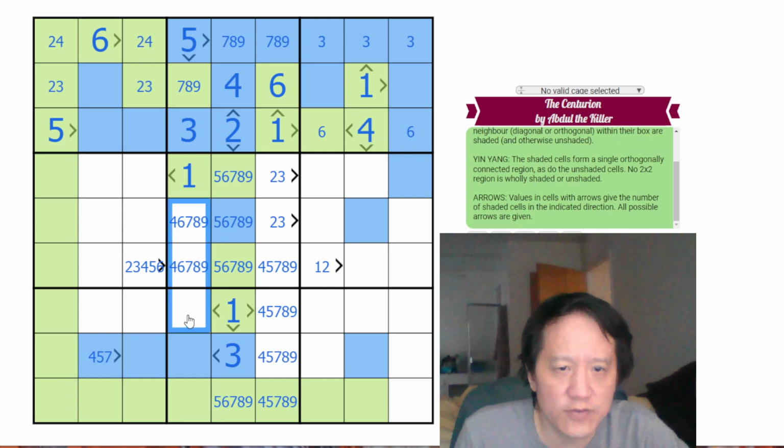I think the rest have to be shaded, right? Yeah. So these are all shaded because we need 1, 2, 3, 4, 5. So those are all shaded. So that's the one shading. So this cannot be shaded, which means this must be shaded. This has to connect somehow to the shading part. Okay,